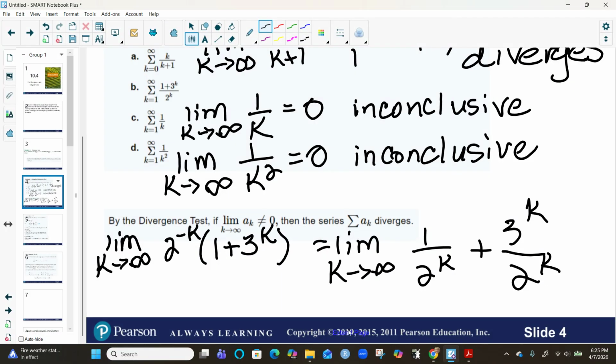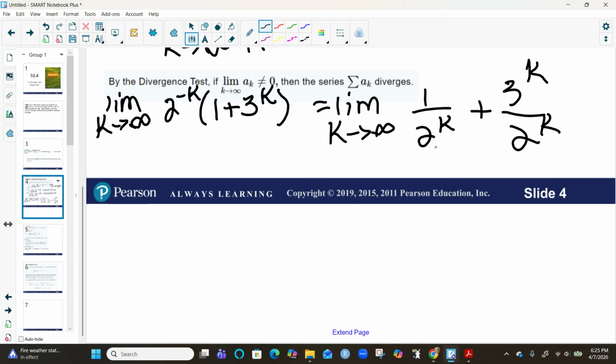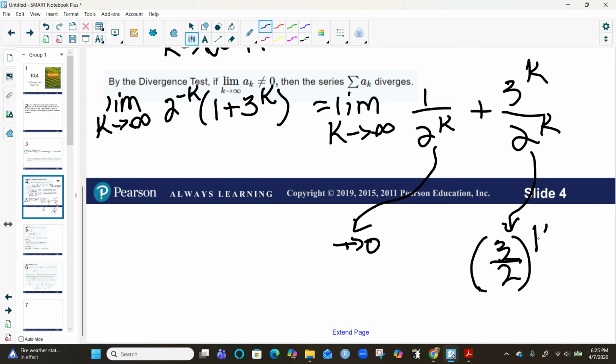Now you've got two situations going on here. As k goes to infinity here, this is going to approach 0. That's pretty straightforward because the denominator is much bigger than the numerator. But this one is actually a geometric sequence, and it is legal to take the 3 divided by 2 and raise those to the k power, and that is because we are dividing. So this one is geometric,